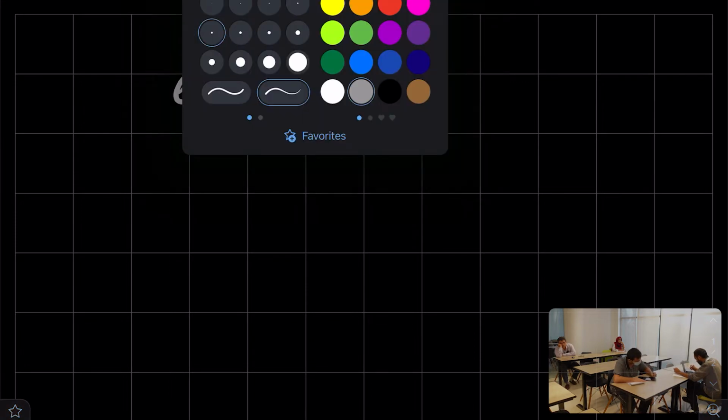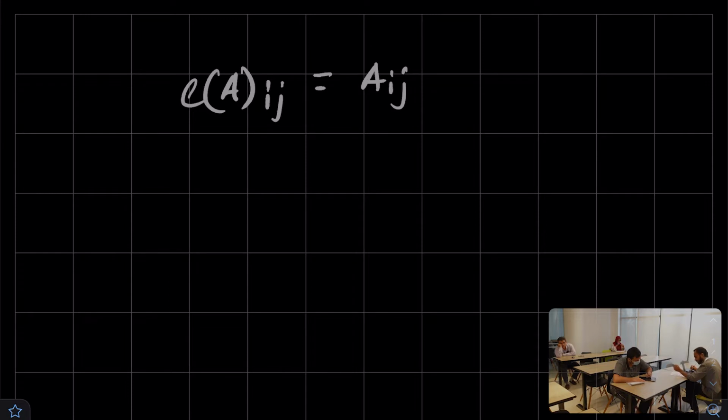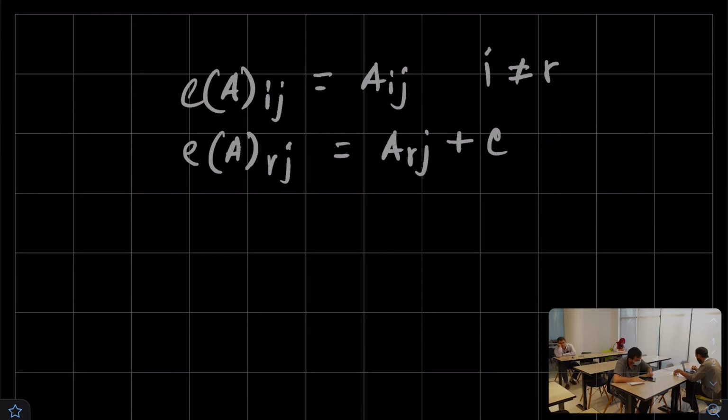So the second one is like E of A, E of Aij is equals to Aij when i is not equals to r, and E of Arj is equals to Arj plus c times Asj. So this was the second row operation, and the third one is